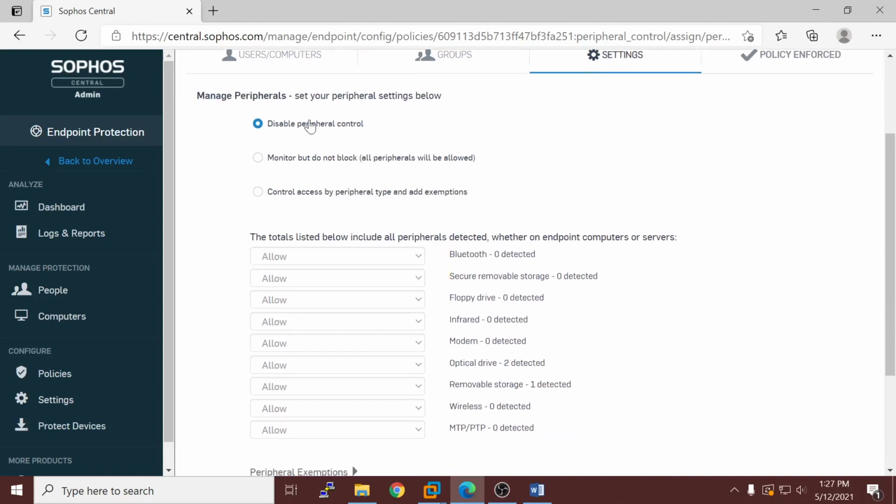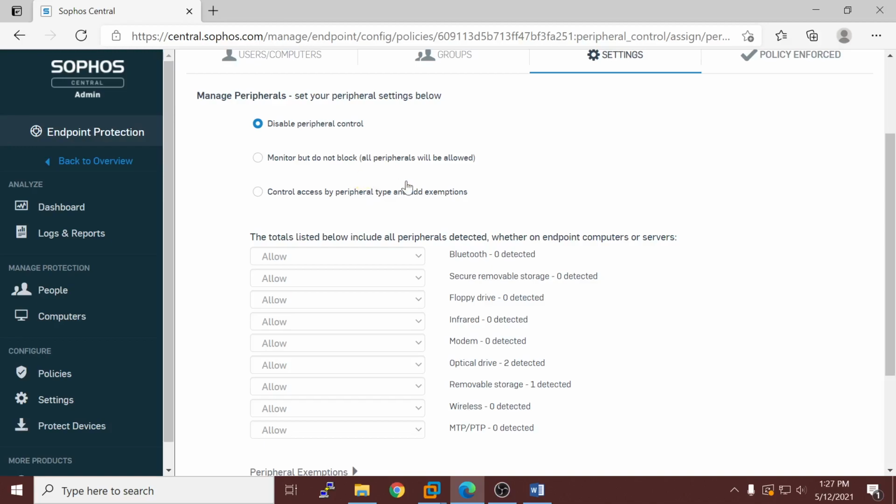You can change this to monitor but do not block. If you set this, all peripherals will be allowed, but at the same time the events will be logged. Under Sophos Central events you can see these several device control events.